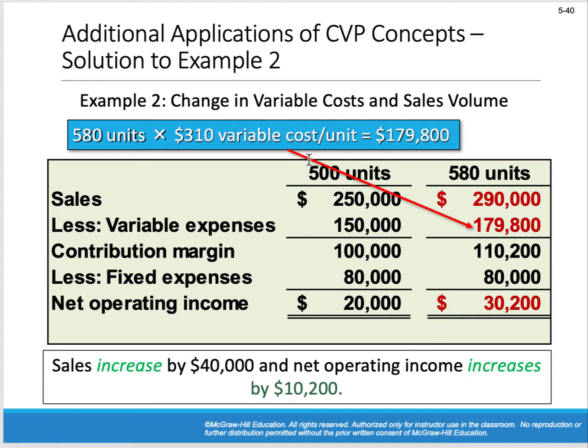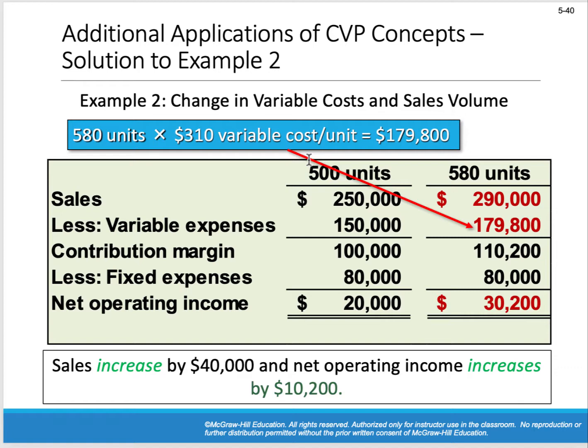The first scenario said, hey, I want to increase sales, so I'm going to raise my fixed costs. Scenario 2 says, I need to increase sales. In order for me to increase sales, I think I should raise my variable cost per unit. Better ingredients, better pizza, Papa John's. I get my new contribution margin, so I'm going to subtract it from the fixed expenses, which are $80,000. I see now that I have net operating income of